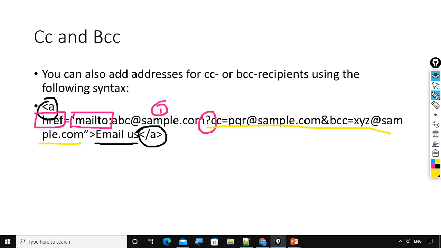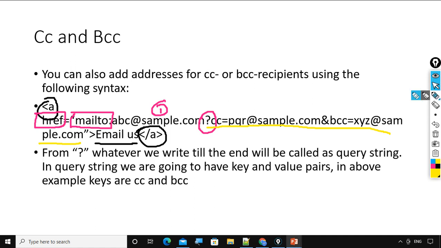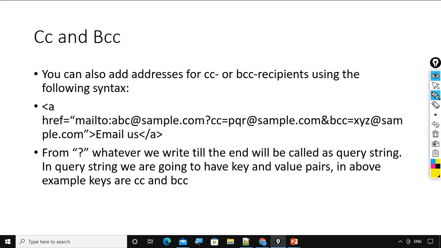Okay, so from the question mark, whatever we write till the end will be called the query string. Let me help you. See, from here, from the question mark till the end, this is one complete query string.